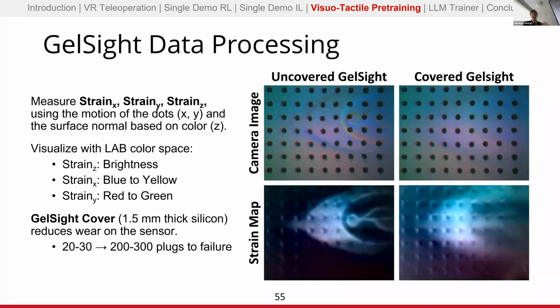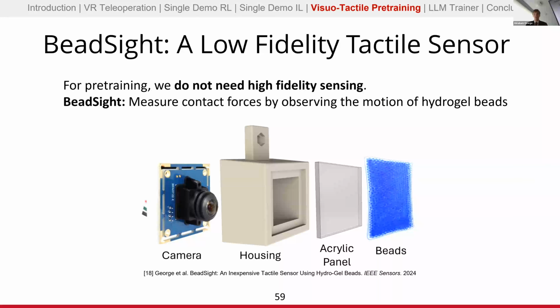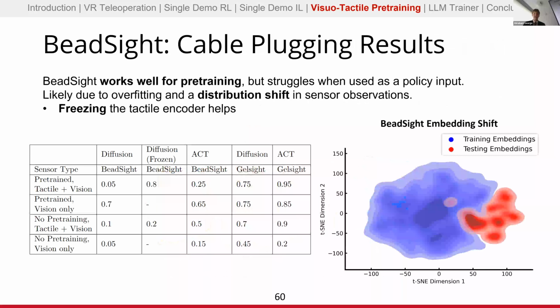So we always did use the covered GelSight, but we did do that comparison between GelSight and BioTac, which is just inherently a much lower quality sensor. You can't reconstruct things very well with this. You just see how the beads move. And from that, our big conclusion between using a really high quality tactile sensor like GelSight versus a very low quality sensor like the bead sensor is that for pre-training, the bead sensor works fine, but if you want to use it in a policy, you need to have a much better sensor. So the bead sensor led to a lot of issues whenever we tried to deploy it. We found that pre-training and freezing the encoders worked fairly well, but just because of this massive shift between training and testing, trying to deploy it is problematic.